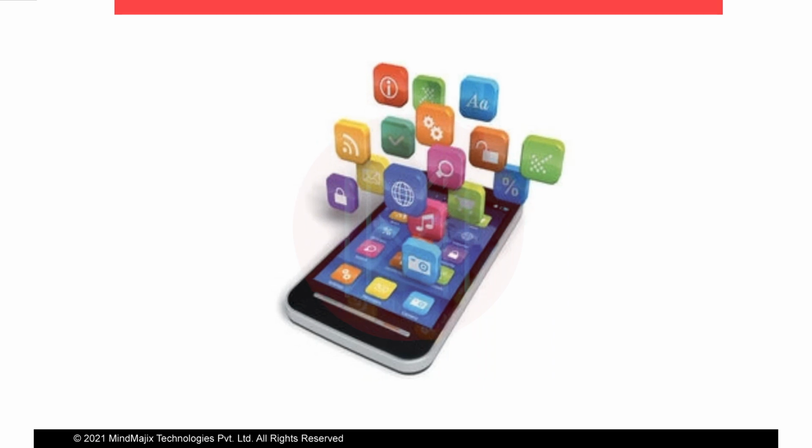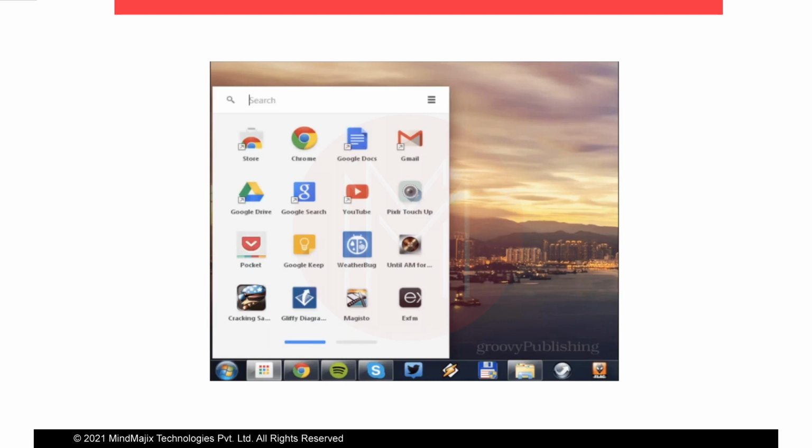The next application type is desktop application. Whenever you open your system and you see these icons, these are applications, whether it is the Chrome browser or Gmail or YouTube, or you open any game. All of this comes under the category of desktop application. So the first one is mobile application, and the second is desktop application. In desktop we also have variations like Mac, Linux, and Windows. These are subcategories of desktop applications.